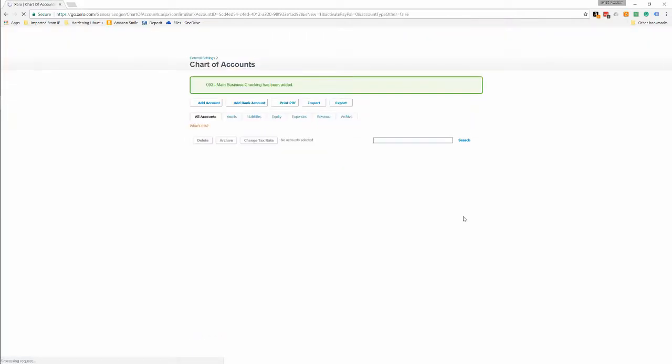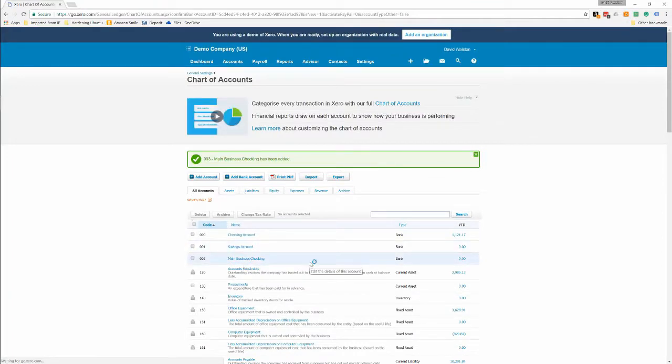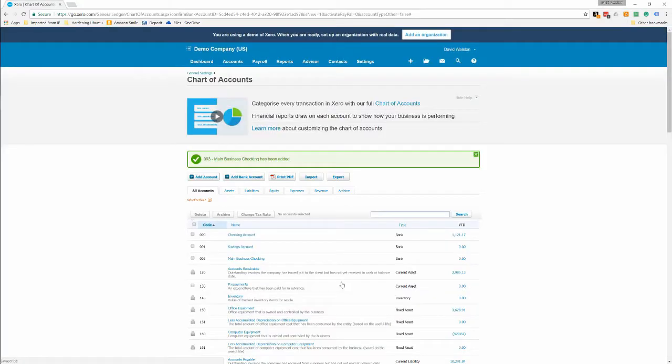It's added. So now you see it here in the list, main business checking. Say if you wanted a different account code or you needed to rename it, you can just click on it here. You can also change the bank if you need to at the top, and then the account number here at the bottom, and then the code, of course, and save. So now if you go back to your dashboard,